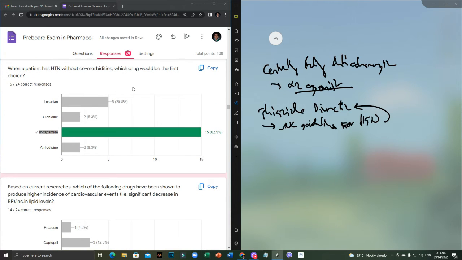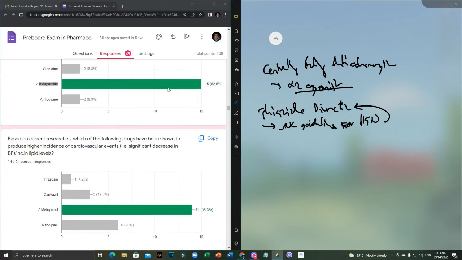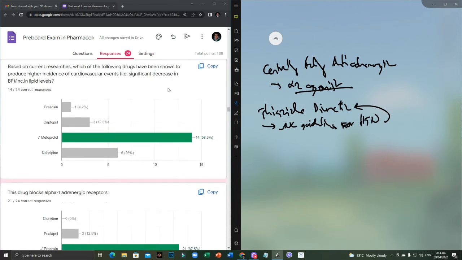Losartan, class, is usually given if the patient has diabetes, although it can also be given to hypertensive patients. No problem there. But again, ideally, class, we start with a thiazide diuretic. Now, if the patient finds the urination bothersome, then yes, we can start with losartan. But between the two, thiazide diuretics have better data supporting them as an initial treatment.